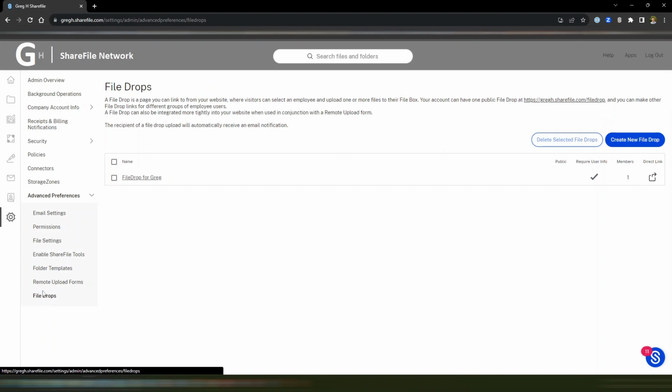And the last thing we'll take a look at here are file drops. These are public links that can be embedded in websites or sent out that are used as a general file drop location. They can be targeted to individual users' file boxes, or they can be targeted to specific folders. But this is a great place to embed a link on your website if you're taking in forms or something like that. There are a lot of different use cases you can use file drops for,